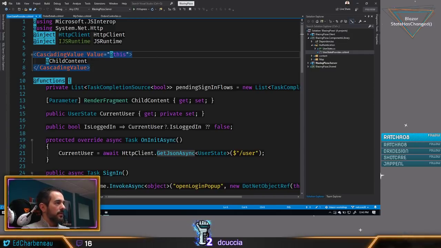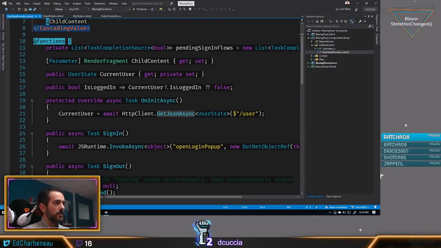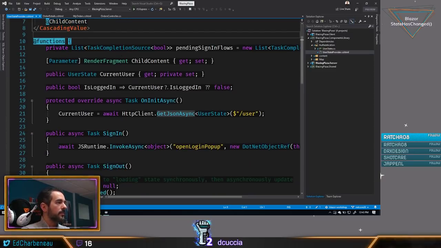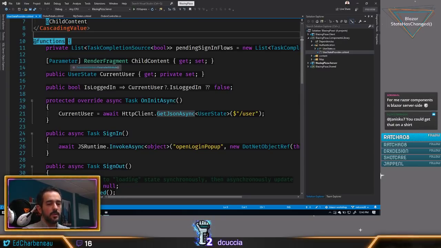This component is a cascading value component that just returns itself. Child content is going to end up being actually the entire application. So we can put this state provider around something in our application. And in this workshop, since I've done it before, the next step is actually going to be wrapping it around the entire app. So child component will actually become the entire application. So that makes all of the parameters available to,